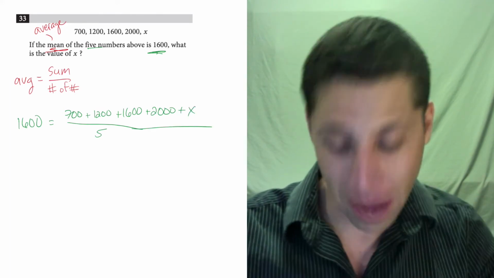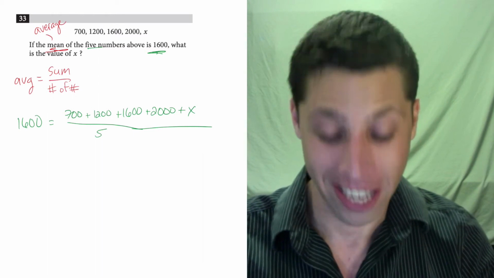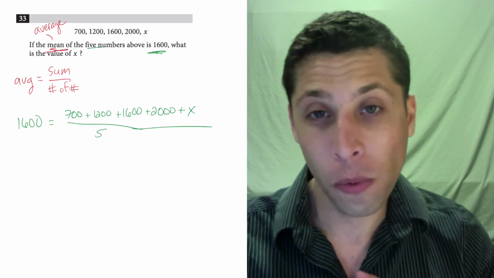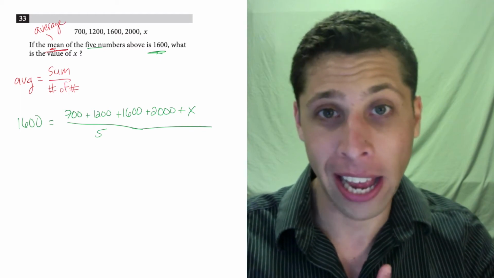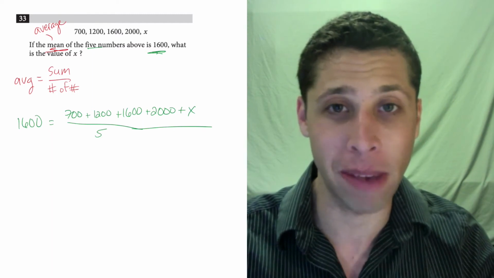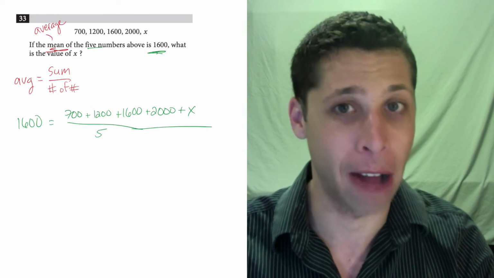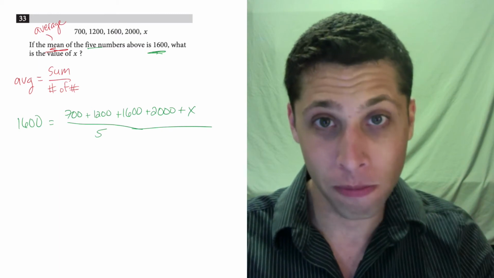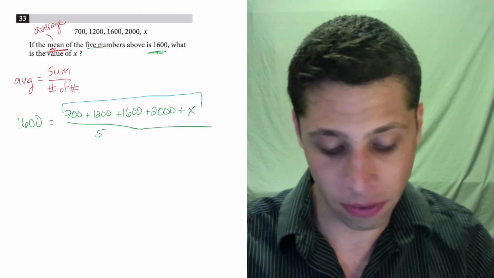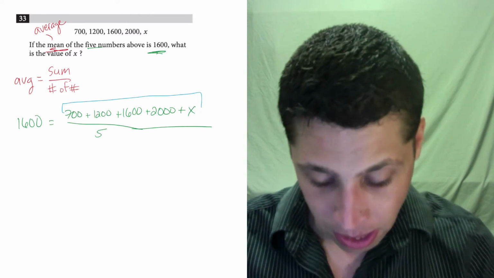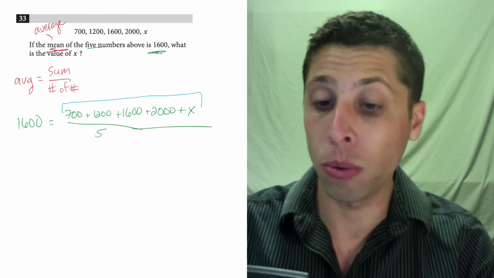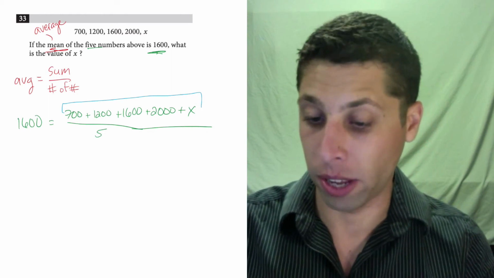So my formula is a little off balance because of the 5, but it's fine. I've got a lot of stuff now in places where I can do things. So now it's just a matter of solving for x. It's no longer about statistics. It's no longer about algebra or about arithmetic. It's just about solving for x, basic algebra here. So let's do it. I would start by adding together all of this stuff on the top. So this is where I'm going to definitely use my calculator. So 700 plus 1,200 plus 1,600 plus 2,000, make sure I do all that right, is